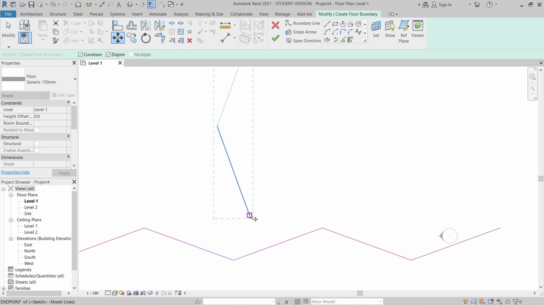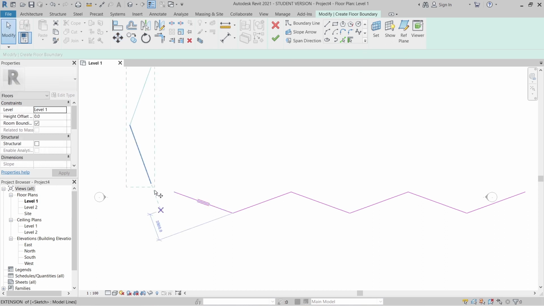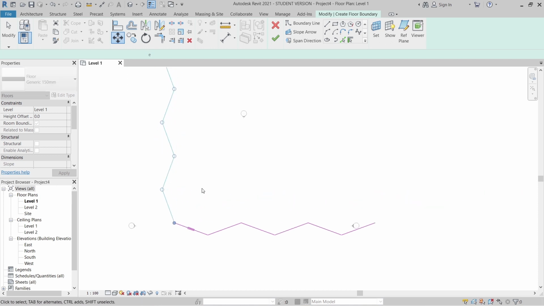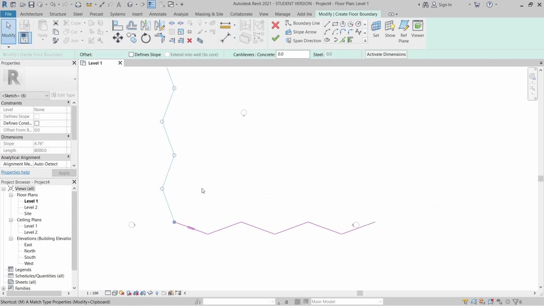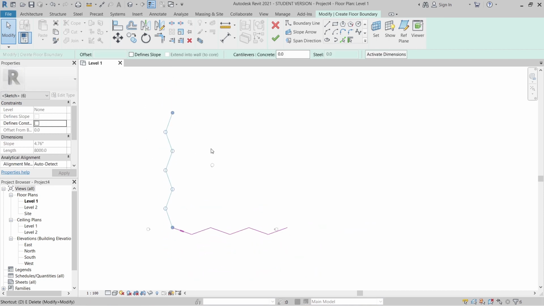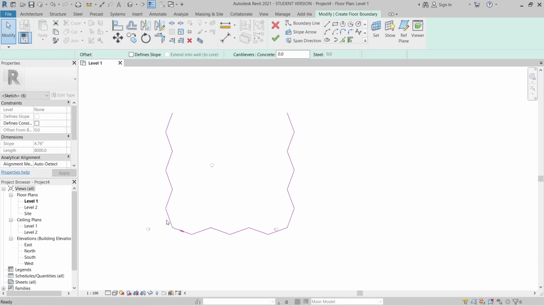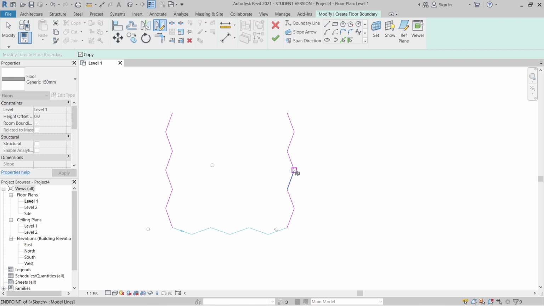V for move, select from here until here. Again V, we need to select our point here to connect it. And then DM for draw mirror, I can select all of this here. Make sure you select all. Then DM for draw mirror, I can start drawing the mirror here. Make it straight. Again, I can select my first 6 lines here. Then DM for draw mirror again, start drawing here until here, then hit escape a couple times.